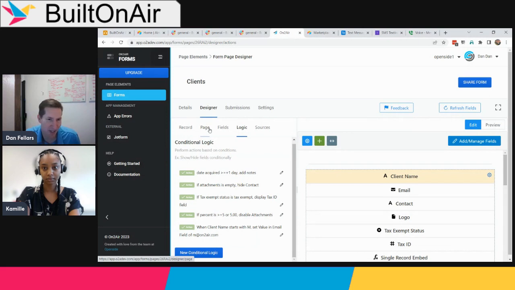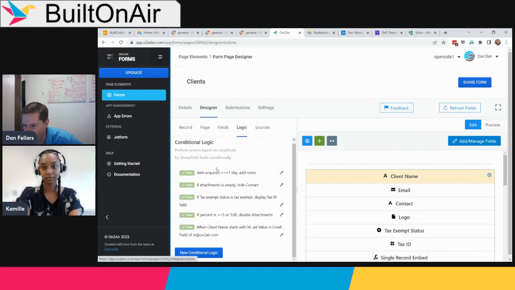The most common being showing and hiding fields, but you can also do other things. So this logic, we're in final QA phases. We'll start rolling it out to select customers in the coming days, and then to the rest in a week or so. But just to give you a sneak peek at what that is